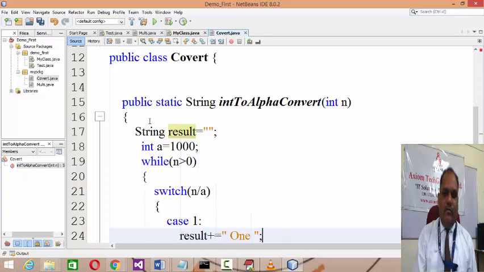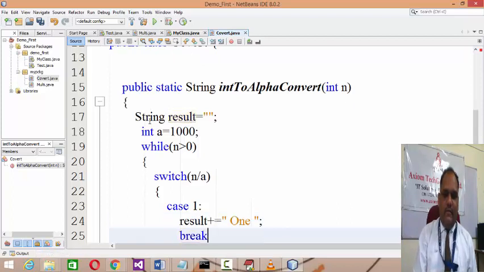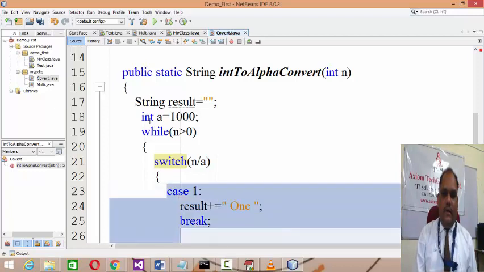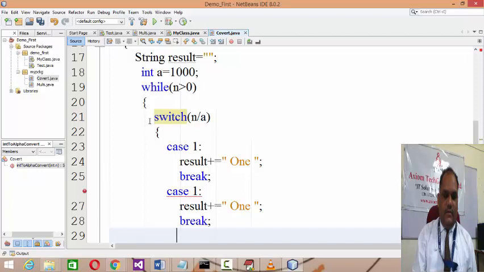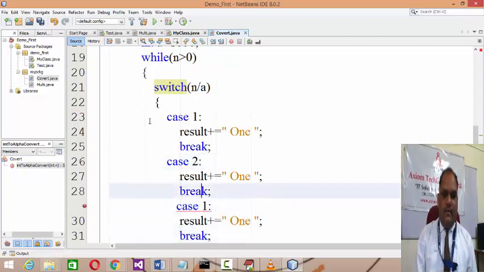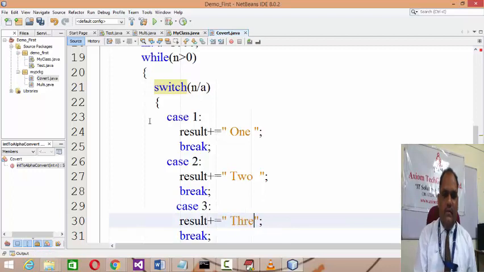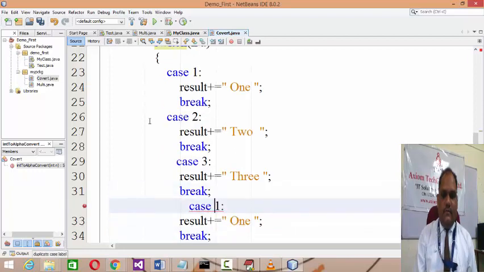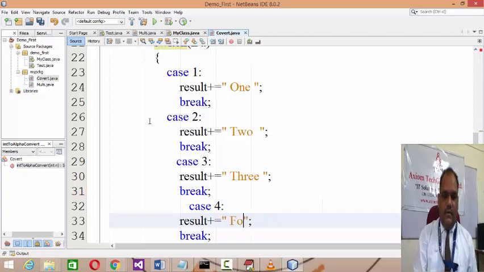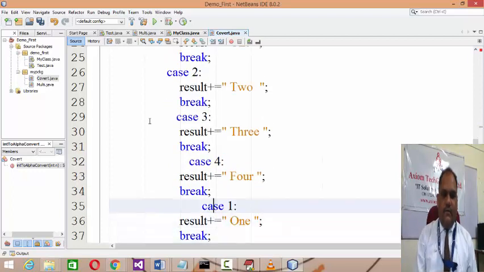Result plus equals 1 means you concat that 1 there. If case 2, then you need to concat 2. Case 3, you need to concat 3. Case 4, you need to concat 4. Case 5, you need to concat 5.